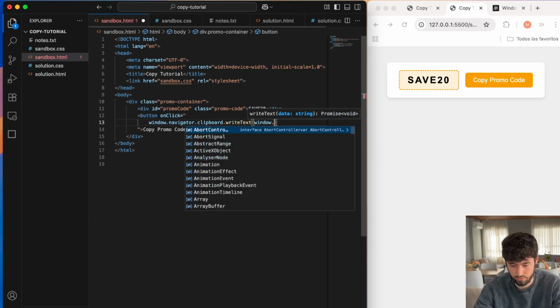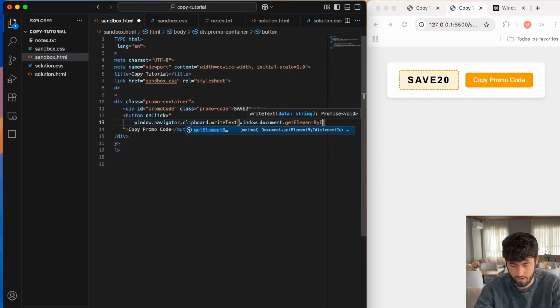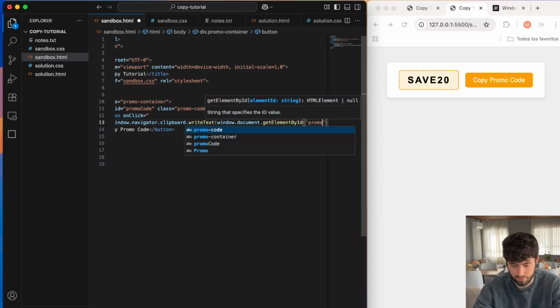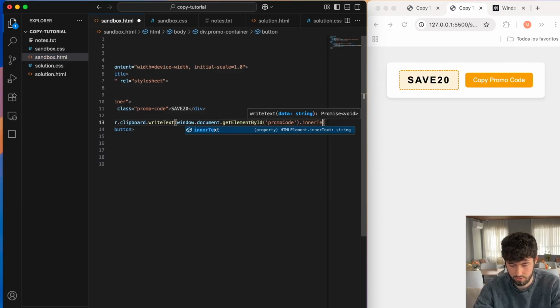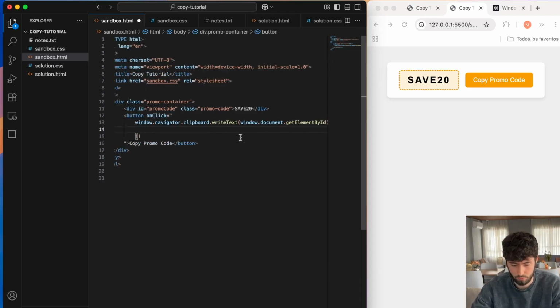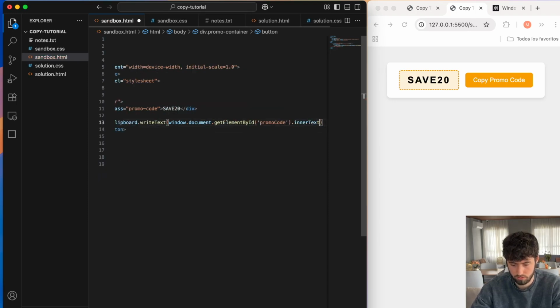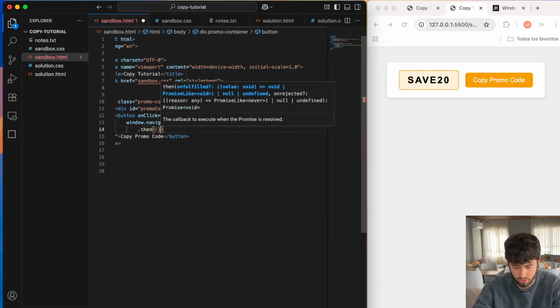Then we're going to say window.document.getElementById, and we're going to get the element by ID, which is that promo code. getElementById dot innerText, and then we're going to say dot then, use an arrow function,